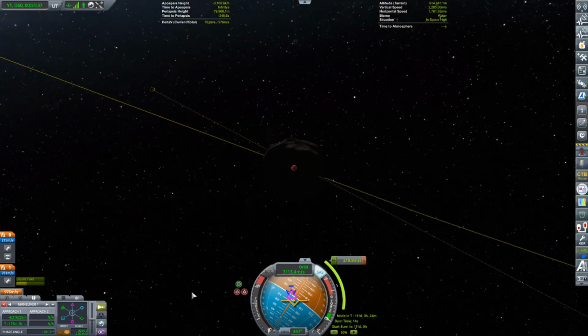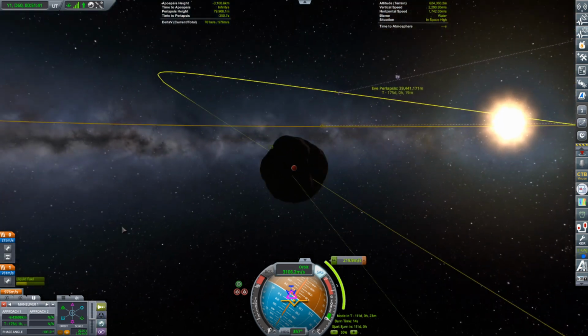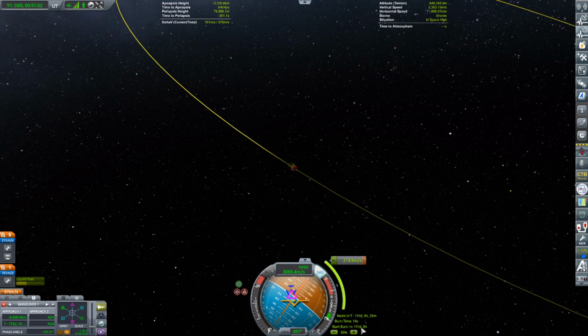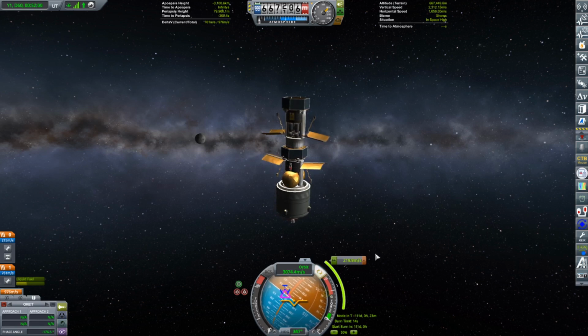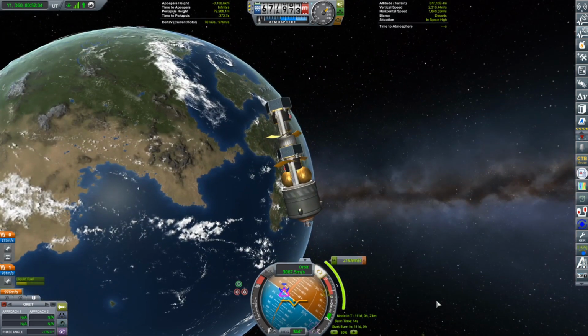That is smacking Gilly. That is smacking Gilly right where it counts. These are the tiniest of adjustments. Wow. Okay, I'm living with that. There we go. So this is a maneuver coming up in 111 days. So what I want to do first, though, before we do that, is get ourselves away from Kerbin